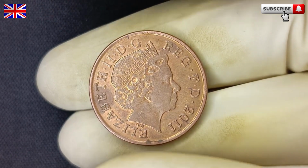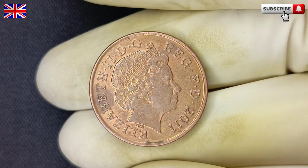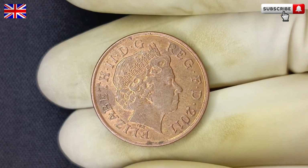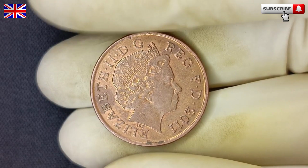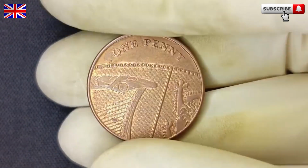And with her passing in 2022, these coins now carry a deeper emotional weight. They're more than money, they're memorials. What elevates the 2011 one penny to its current status, however, is a singular transaction that sent shockwaves through the